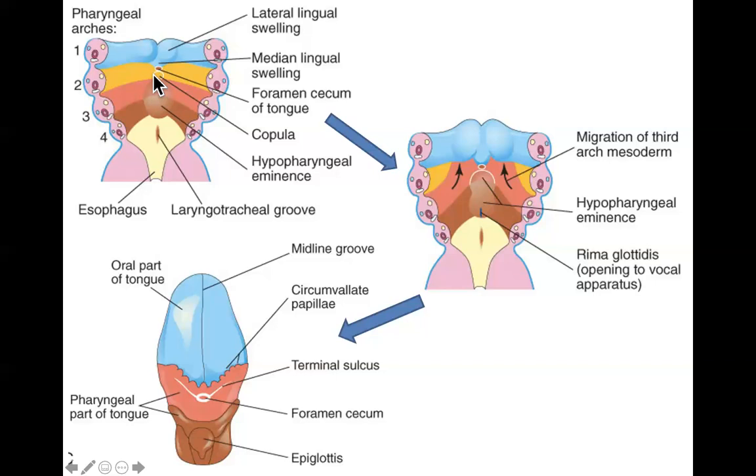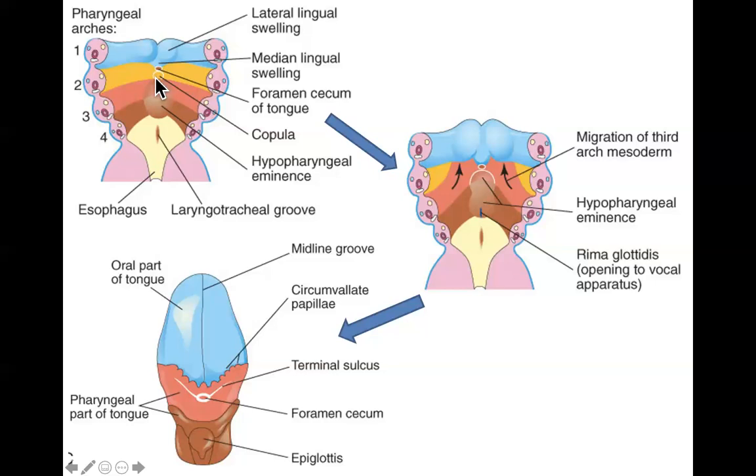Okay. And this copula, inferior. Just caudal, inferior caudal, same thing. So just caudal to that, the third and fourth arches start to form this great big eminence called the hypopharyngeal eminence, right? Now this hypopharyngeal eminence is going to overgrow this guy, this copula, and it's going to pretty well